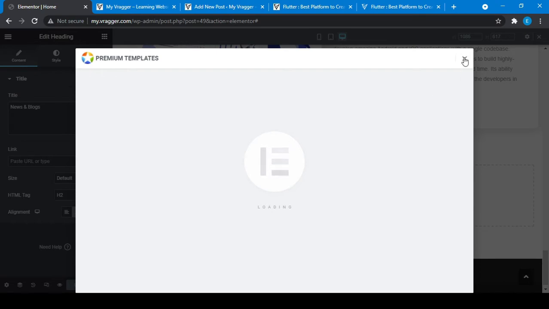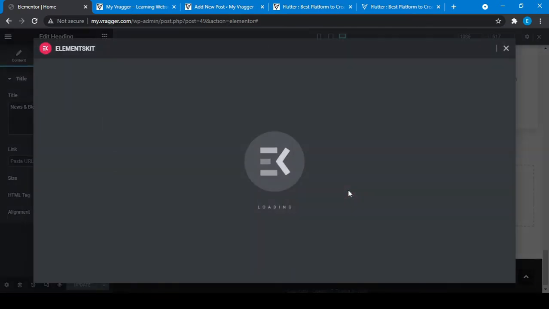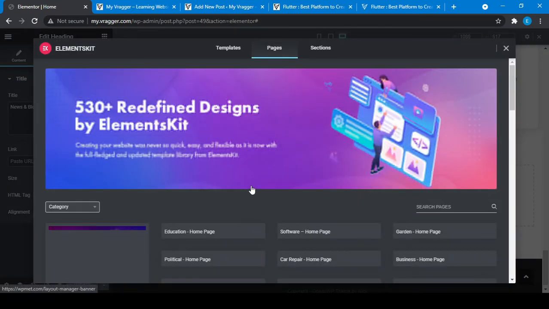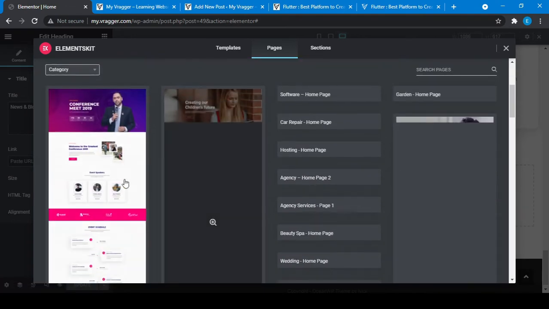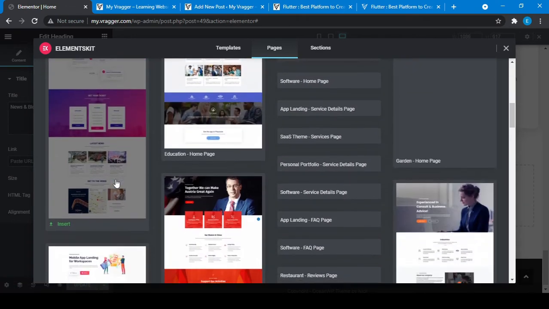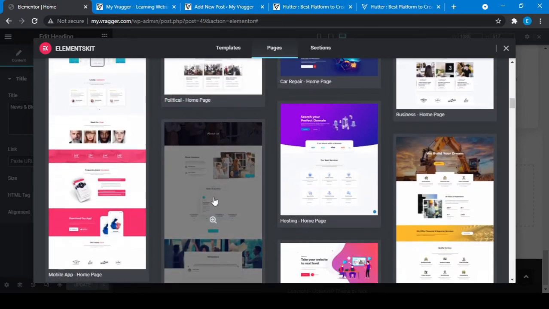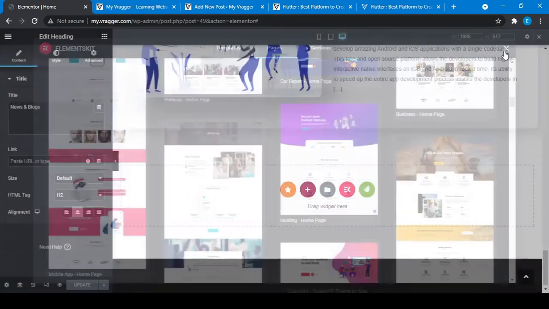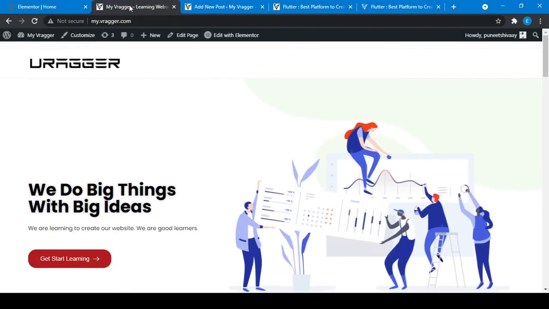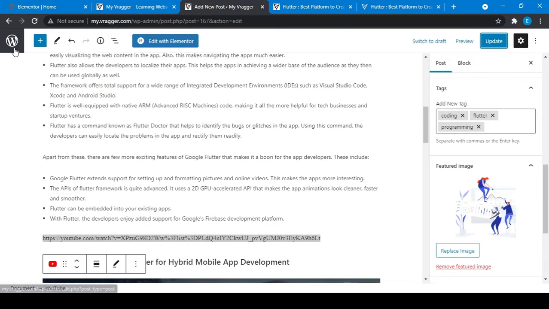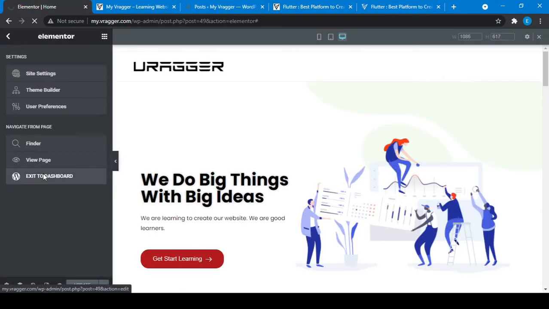Before going to premium templates, let's go to Elementor's. Here you can see the ready-made pages for your website. You don't have to create all the stuff one by one. Let me not do this on that page because it's our home page. Let me go to our admin area, and I can do that here from the executive dashboard.